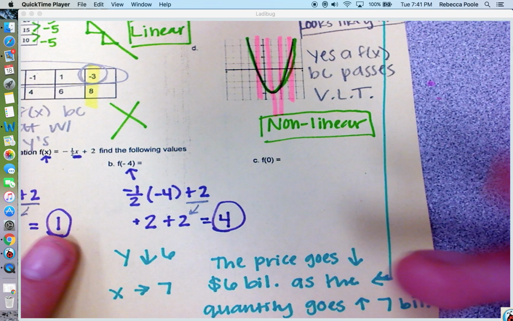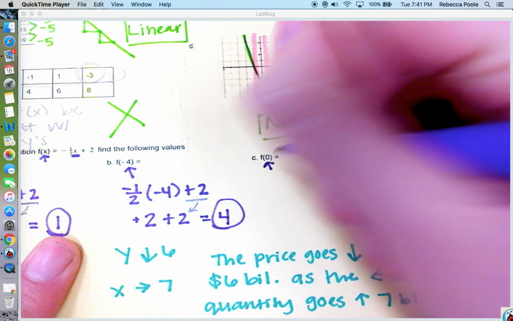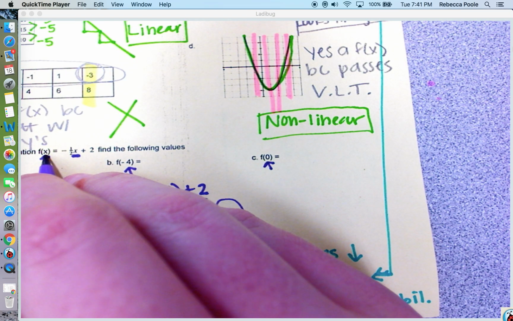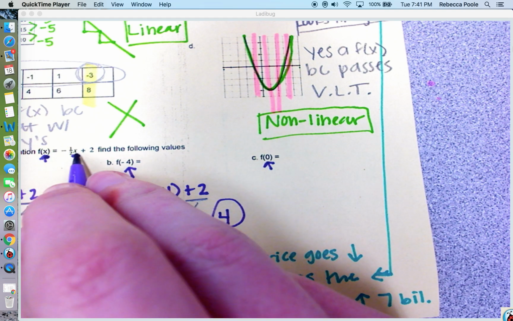Then for this last one, f of 0, all they did was put 0 in for x, right? See how it's in the spot for x? So where I see an x,